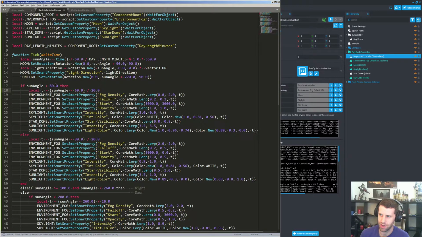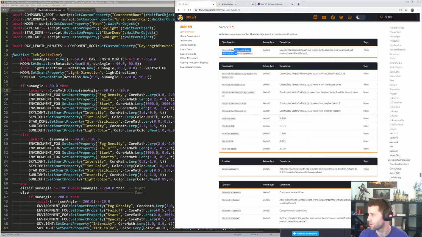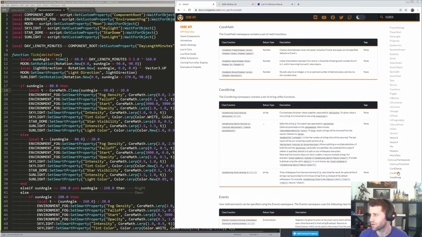All right, so now it can be anywhere down to 0. So if I just do minus 60 divided by 20, it can be negative. That's not what we want. So we want core math.clamp. I'm going to bring that up. Actually, I don't want core math.clamp, but I'm going to look at it anyway, just so you know